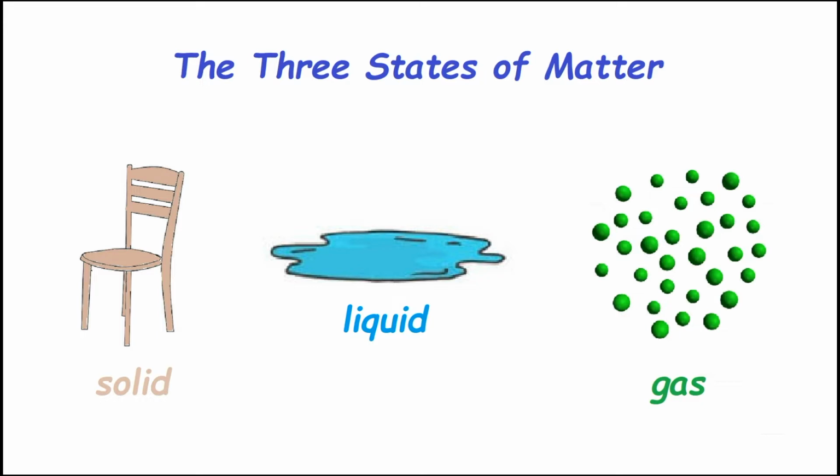Maybe it's water. Maybe it's some kind of chemical liquid. And it's just on the floor, and you say, what's that liquid? Now, the liquid is not rolling, it's not moving, it's just there like a chair would be there, right? You don't need to have motion embodied in the word liquid. Now, liquid can also be thought of as something that's flowing, like you could say a river is liquid, because it flows. But liquid, the word itself, as a state of matter, does not have to be moving any more than a solid has to be moving.